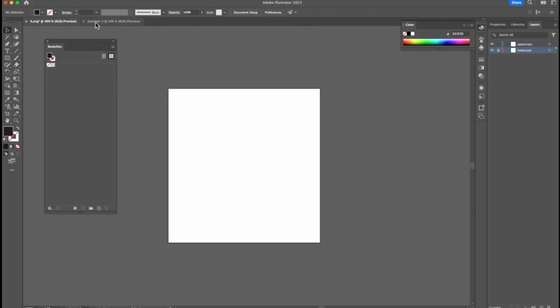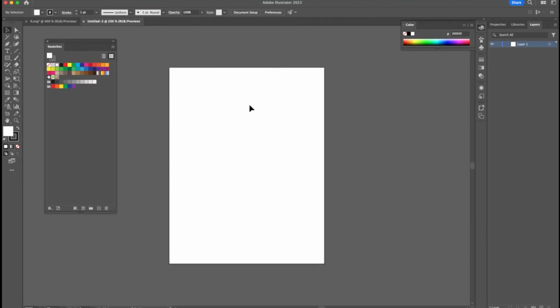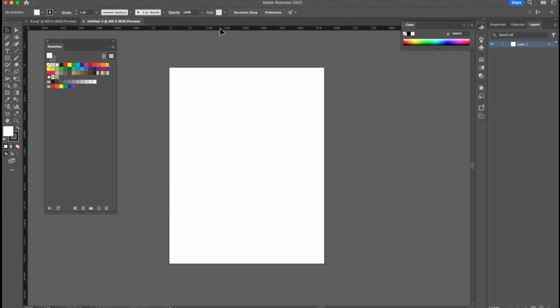So create your documents. On the second document I create, I don't have my ruler here, so I'm going to press Command and R just to add my ruler. You can see it just got added. What I'm going to do here is add